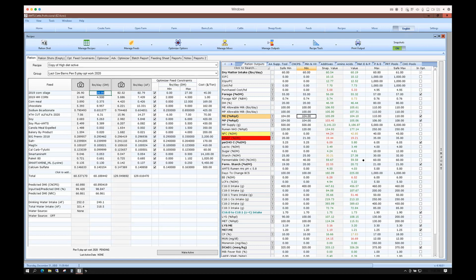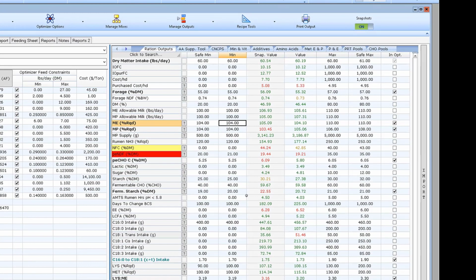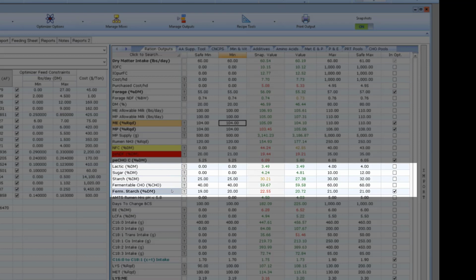However, when you look at what those constraints are, they actually represent all of the calculations of the model. For example, if we were to look at constraining fermentable starch, well, that constraint on fermentable starch includes the starch content of the diet, the intake level of the diet, the degradation rates of each ingredient, starch pool, passage rates, everything. It's actually in this one single constraint, we're picking up multiple variables at once.